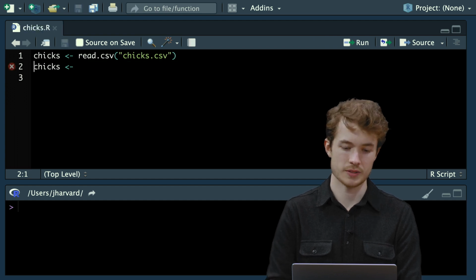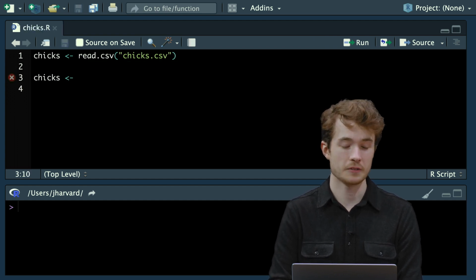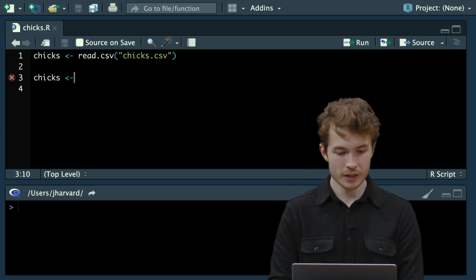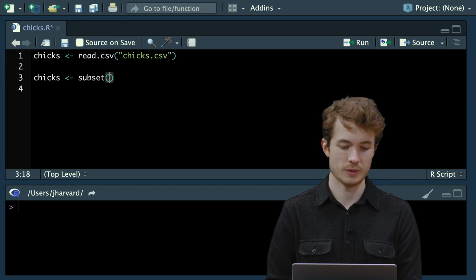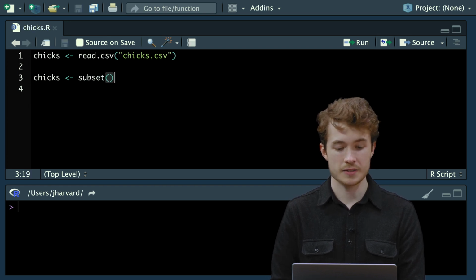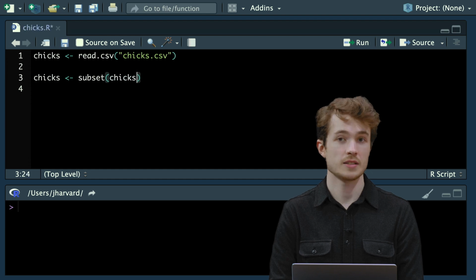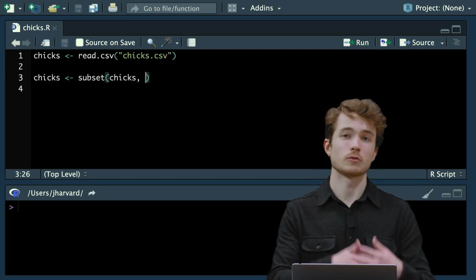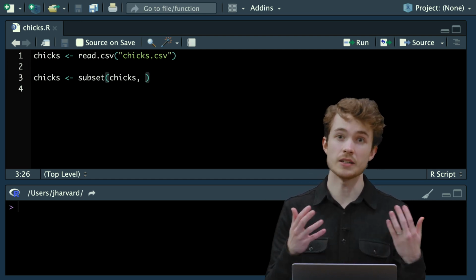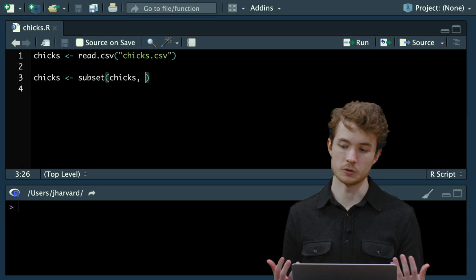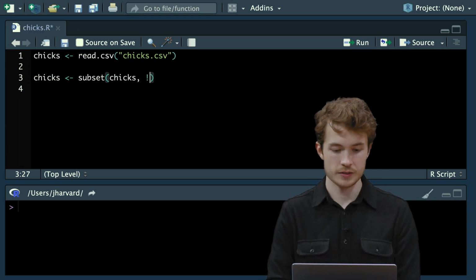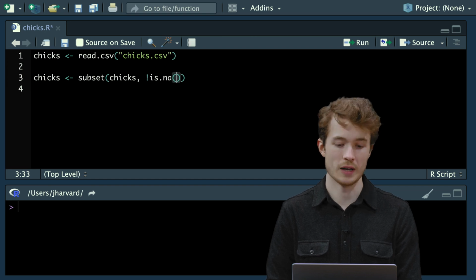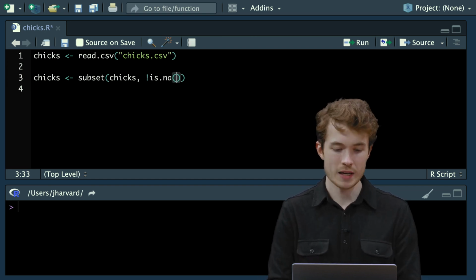Why don't I instead use subset here? I want to subset my data frame to only find those rows where weight is not equal to NA. Well, I could still use subset. I could use the subset function, and I could pass as the first input the chicks data frame. And now as the second argument, I need to give it a logical expression to evaluate, to see which rows to keep and which rows to exclude. Now one thing I could say is not is.na. So this means any row that is not equal to NA,